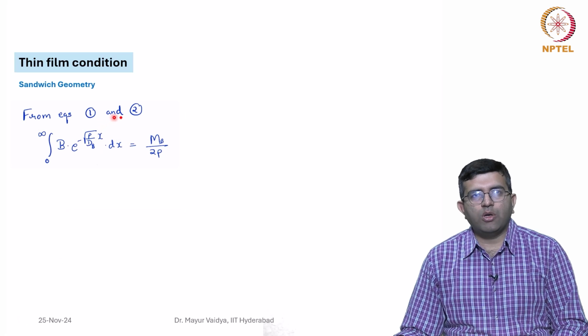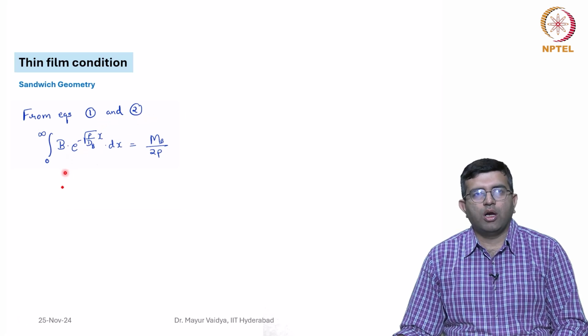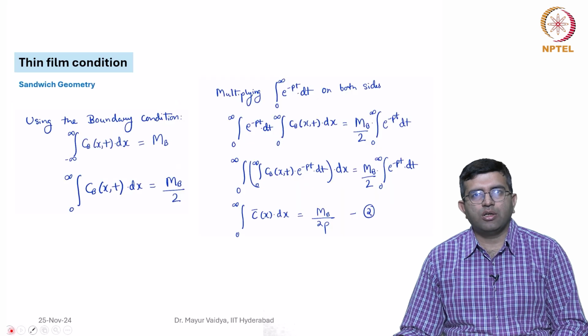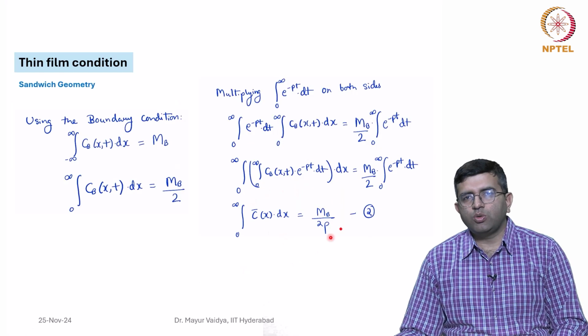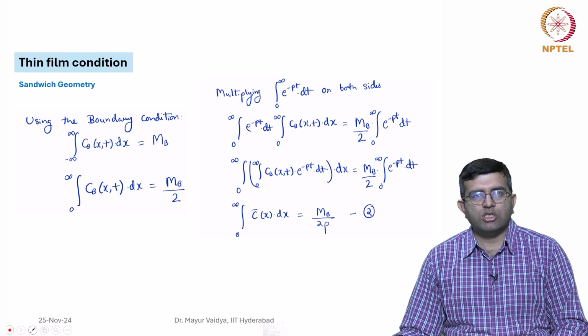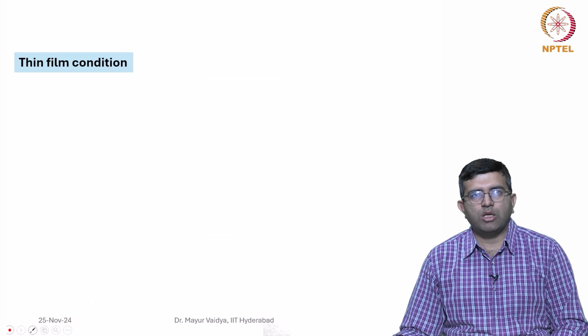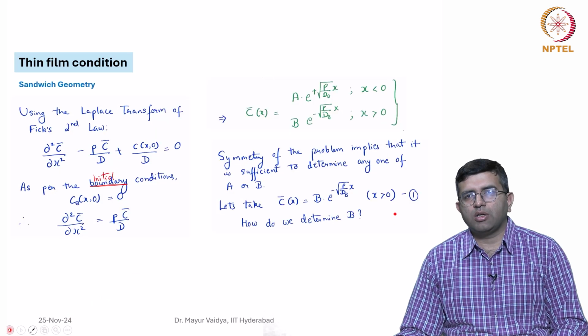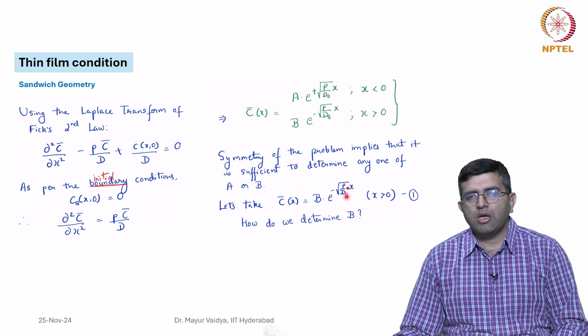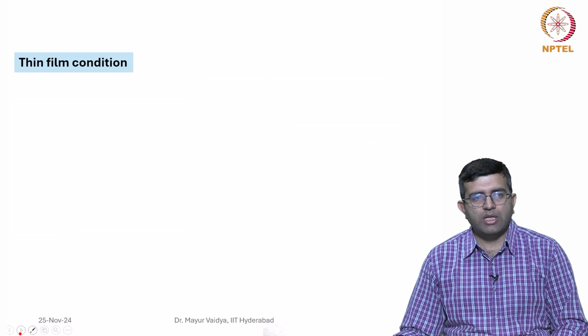For your recollection, this is equation 2, and equation 1 is what we wrote in the previous slide, that C bar x is equal to B e power minus root p by D_B into x. If we use them both,